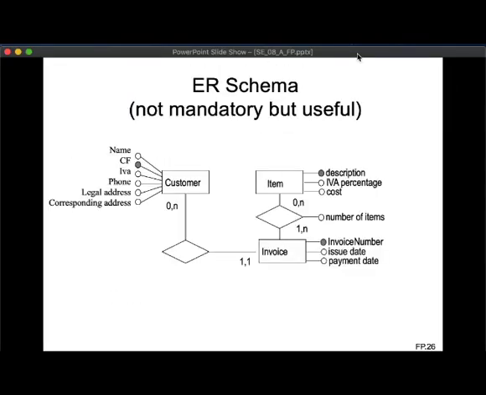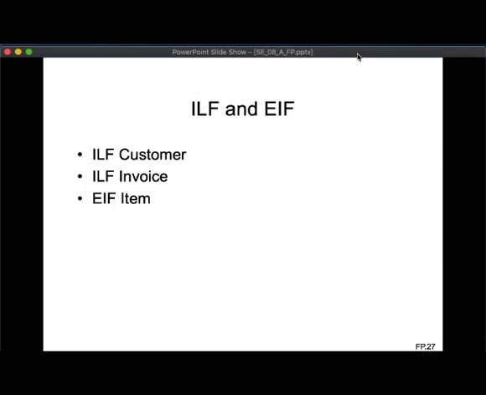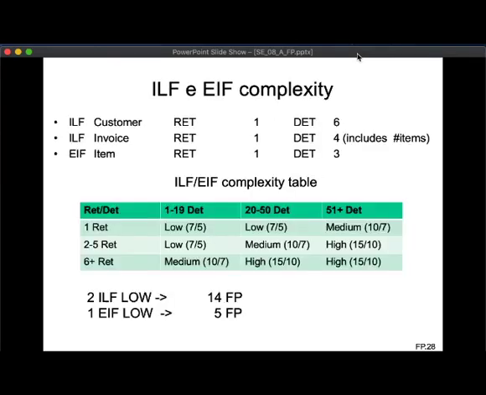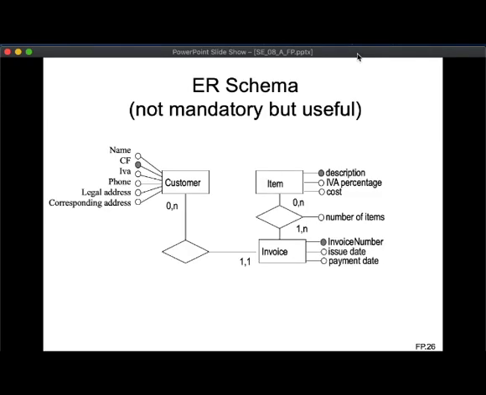So in our example, remembering this schema, it's quite immediate to see that for the customer we have 1 RET and 6 DET. How do we measure the 6 DET? Basically they are the attributes that we have. This is why it's simple to have an entity relationship schema. It should not be said, but the intuition that we are using is